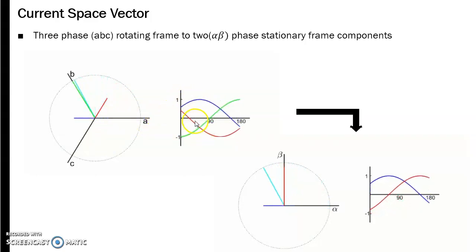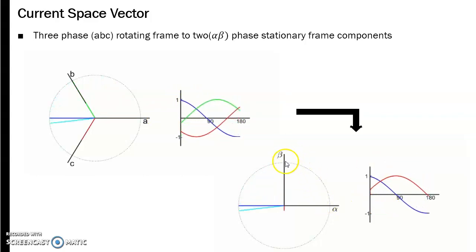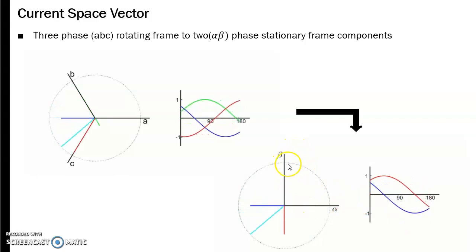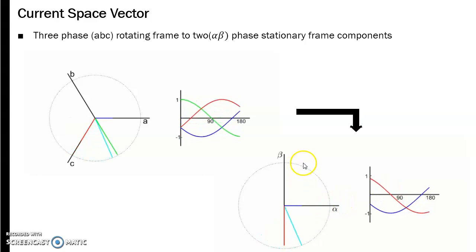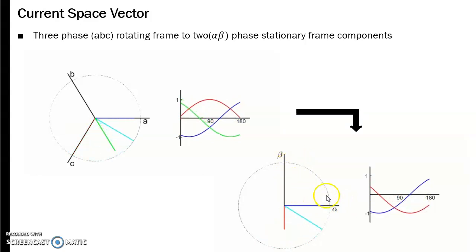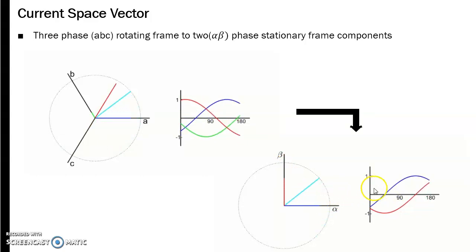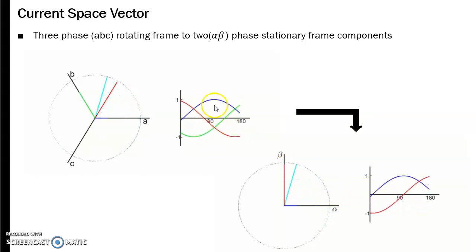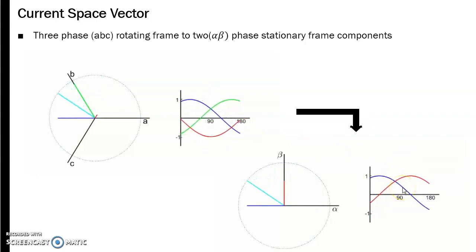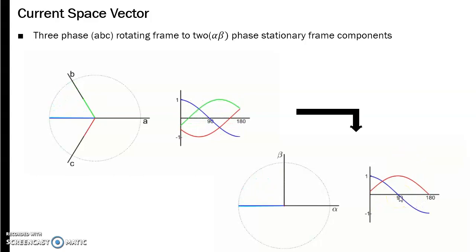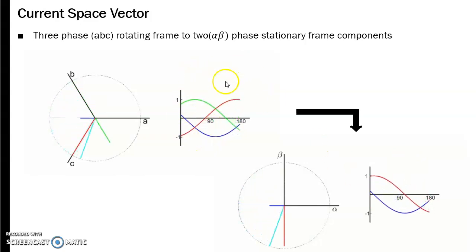We need to convert this three-phase rotating frame VA, VB, VC or IA, IB, IC into a two-phase quantity, but in a stationary reference frame. That is alpha beta, where the reference frame is stationary, and you will get two components. This three-phase quantity is converted into a two-phase quantity using some transformation, and the basic idea behind it is that,